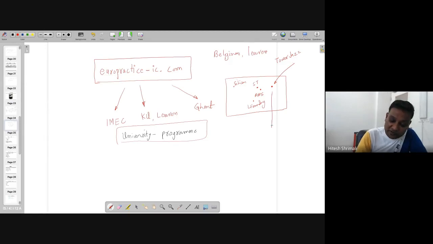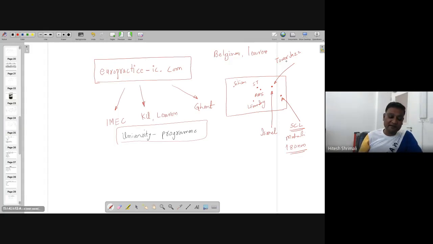I'm talking about this because they have helped us to set up our laboratory in India in SCL. So we have Semiconductor Laboratory Mohali, where we have just 180 nanometer technology. So this 180 nanometer technology is actually provided by Israel Tower ZES. It's not exactly our technology. So their scientists or engineers are sitting here and they are helping us to design whatever we want. By the way, SCL is a laboratory of ISRO.